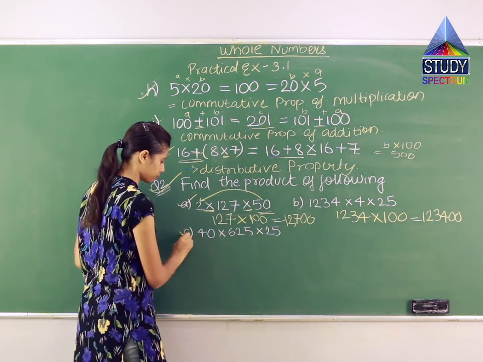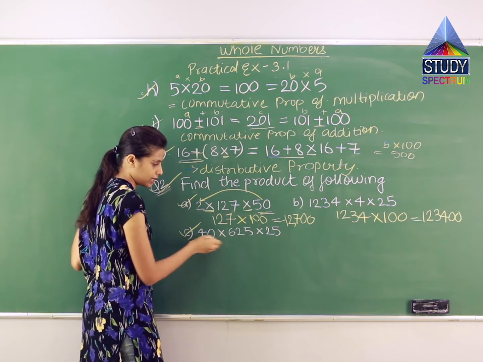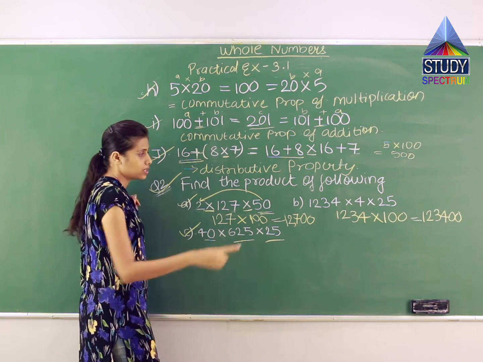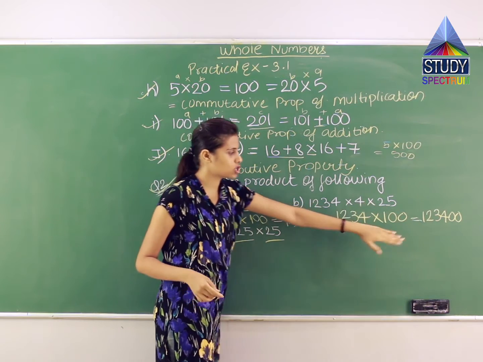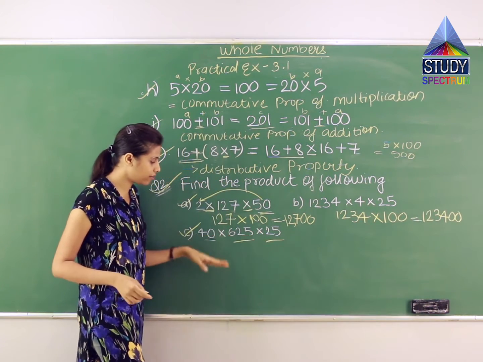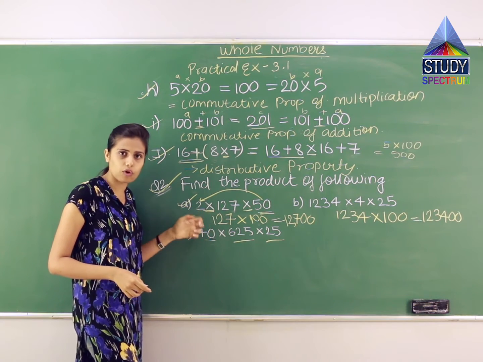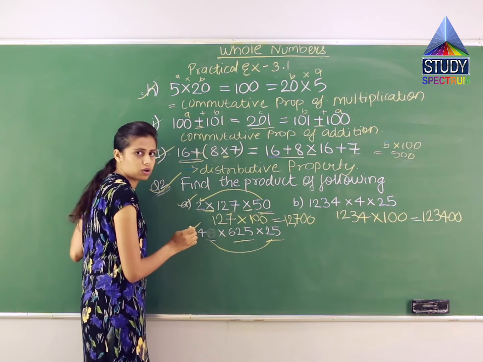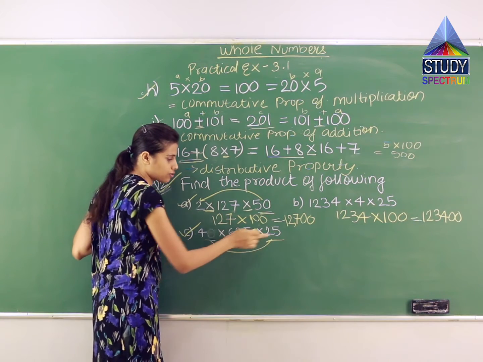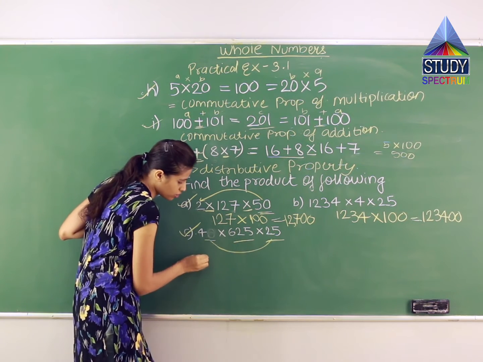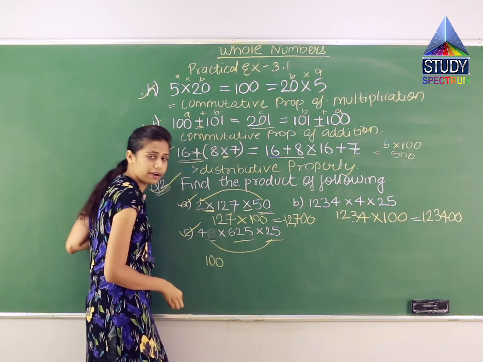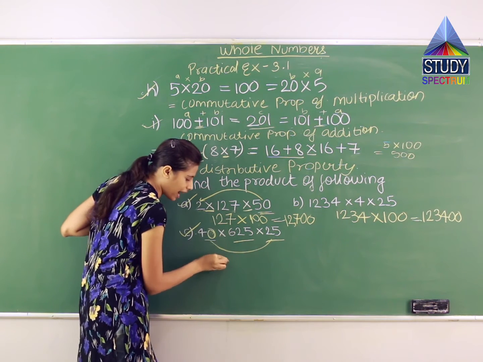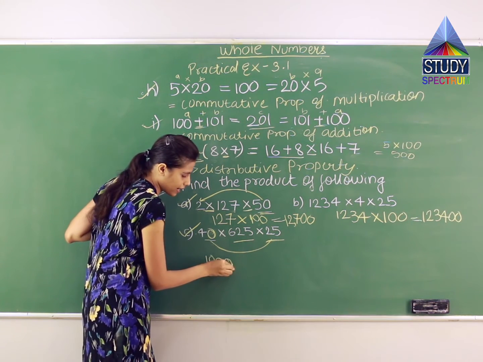Now the third question. In the third question I have 40, 625 and 25. Which of these should I operate on first? See, first I multiplied 25 and 4 and I got 100. Here also you can see, there is 25, there is 4, 40, but there is 4, right? So if I multiply these both numbers, if I consider this as 4 just for the time being, it will be 25 multiplied by 4, which gives me 100. So I have written 100, but this is not 4, this is 40. So there is one more 0, right? So that 0 I'll add over here. So what will I get? I'll get 1000.